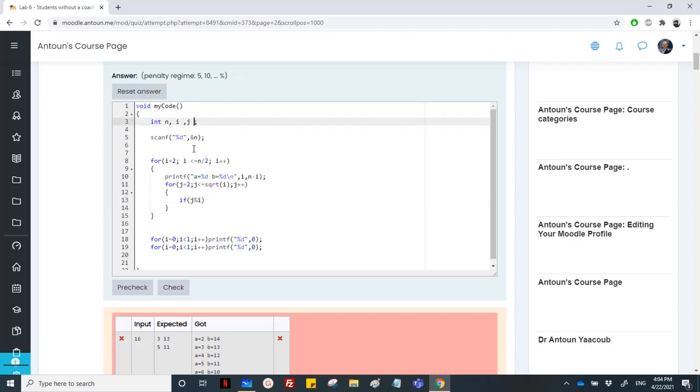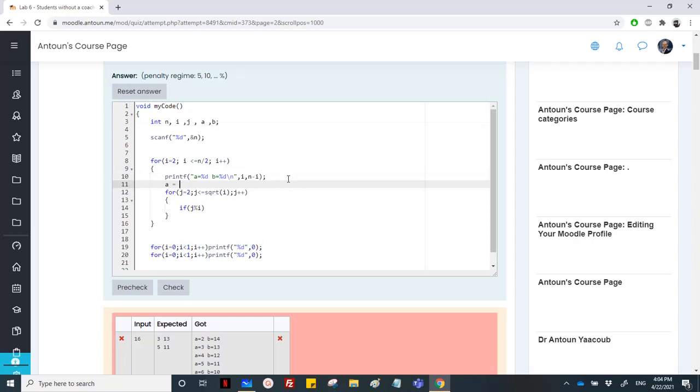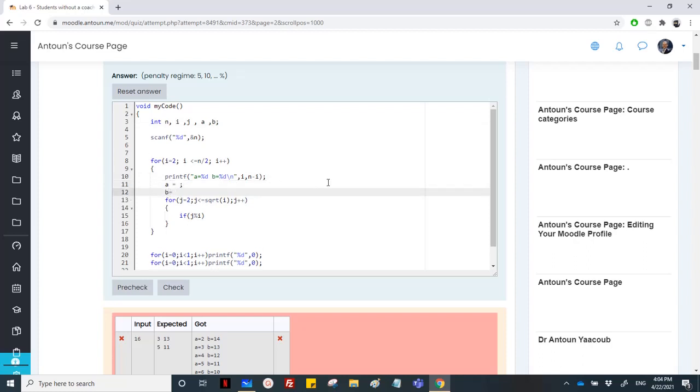So if you want, you can say here A, B, and you can at each time replace A by i and B by n minus i if it's more convenient to you. So I will do that like this because it's more convenient to not manipulate i and j at the first time. So I'll start from j equal to 2 as long as I will reach the square root of A,